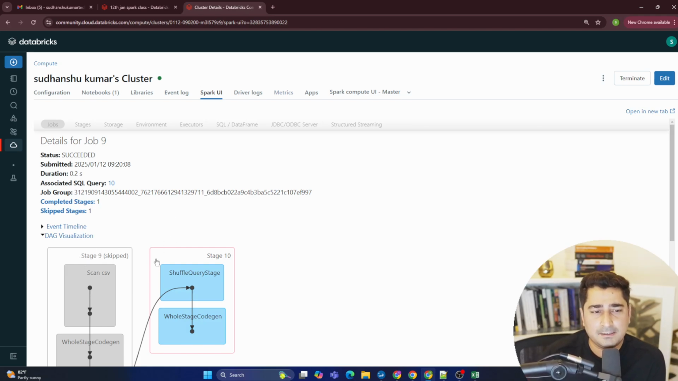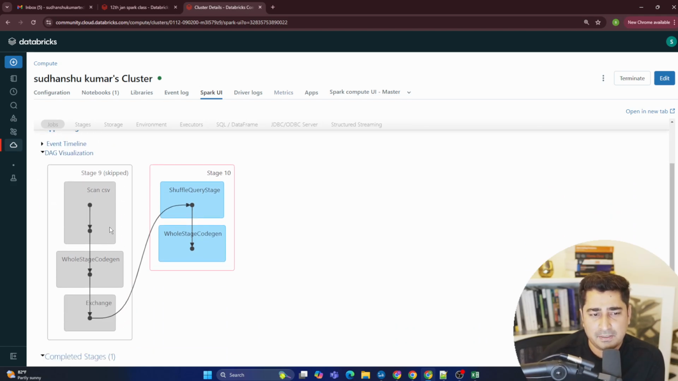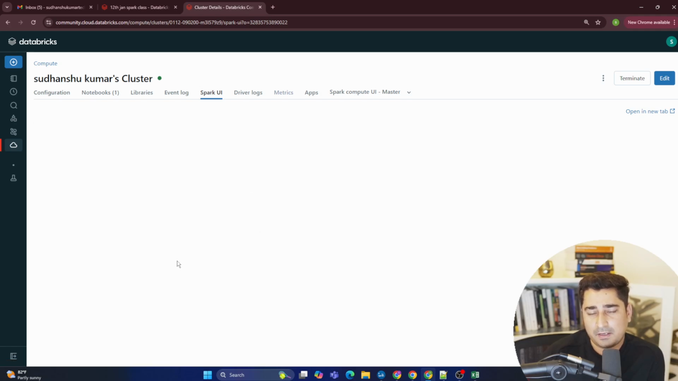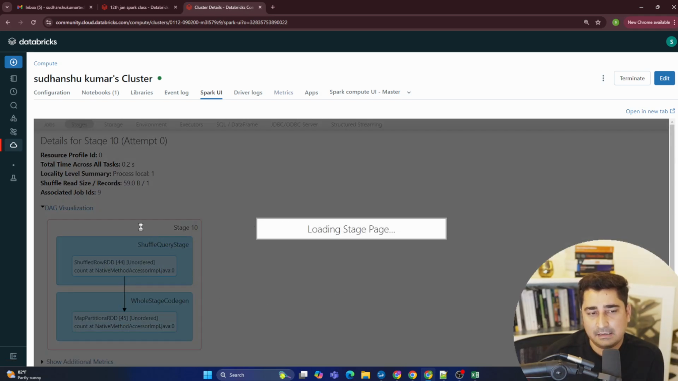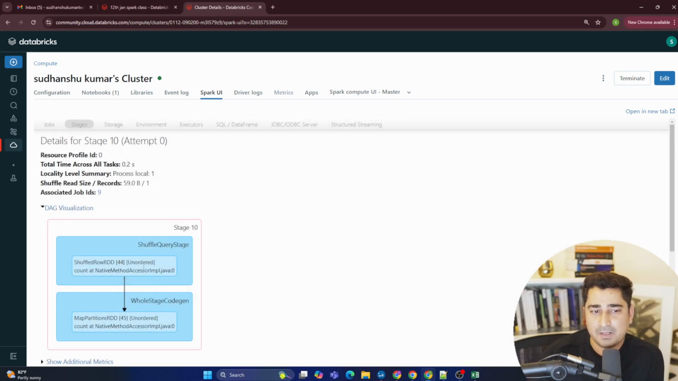Basically, it's called a directed acyclic graph. This graph is going to help you understand what all processes Spark is trying to perform internally. When it is trying to perform one single job, one by one, as you can see, it has skipped this part. It simply means that we have already read the data, right? Now here, you can click on one of the DAGs, and then even inside that,